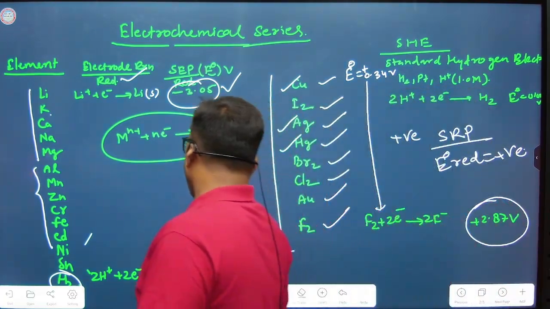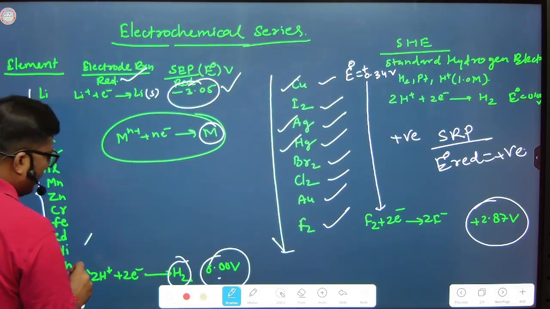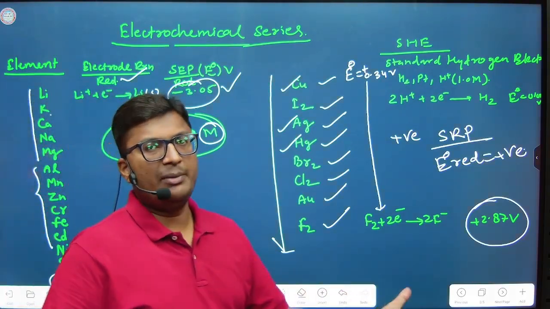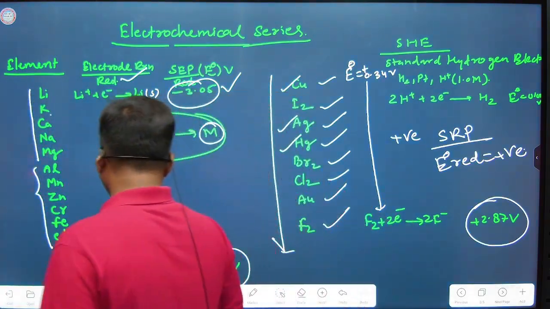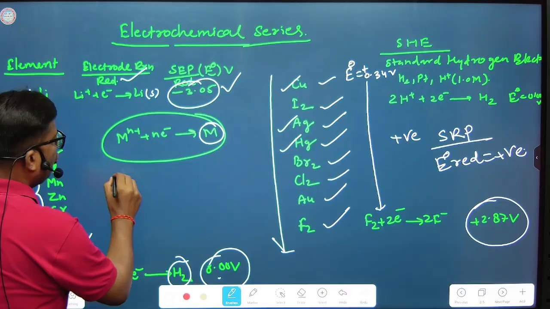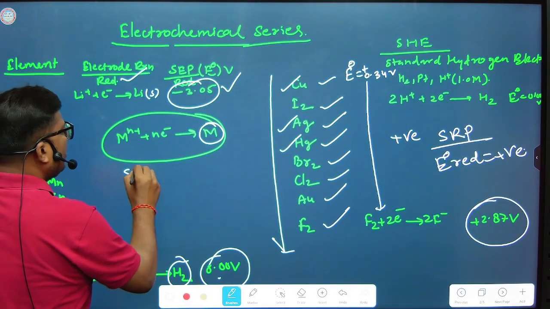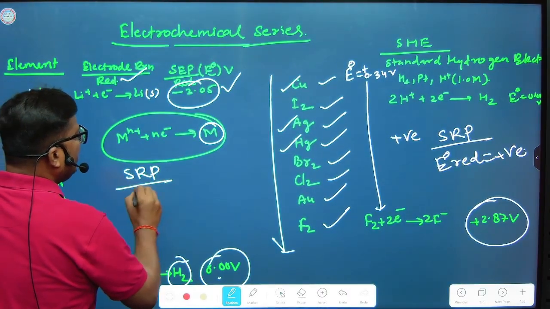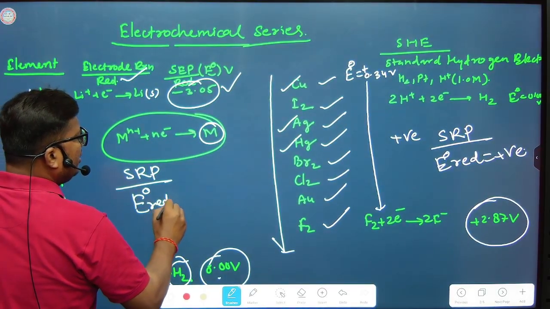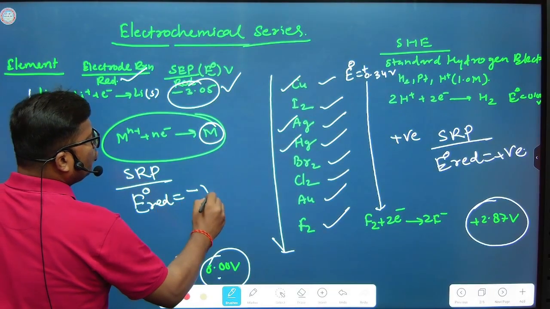And above the hydrogen, so hydrogen is the barrier point, right? Above the hydrogen, all these elements show negative E0 reduction,